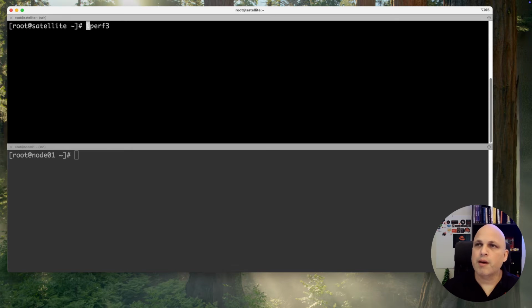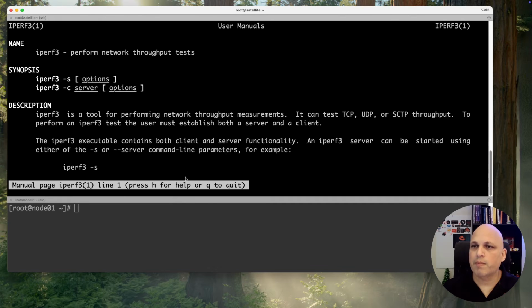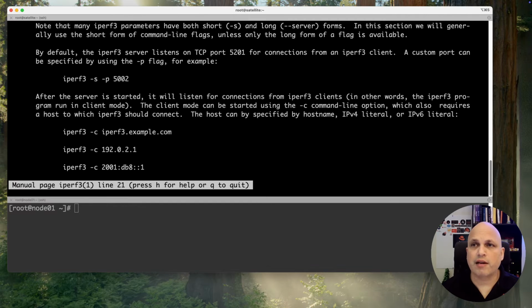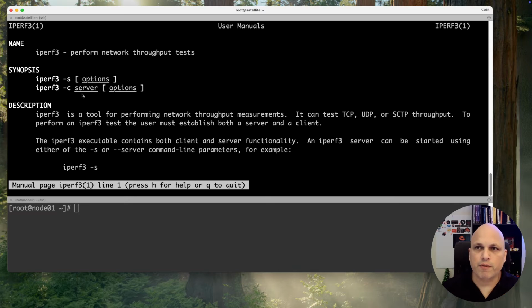man iperf3. You know already, I love the man page. And you can find a lot of valid information in this one, a lot of nice examples. But as always, let me keep this simple. We have -s for server, and I can pass some options. We have -c for client, and I can pass some options as well. Okay? With that said,